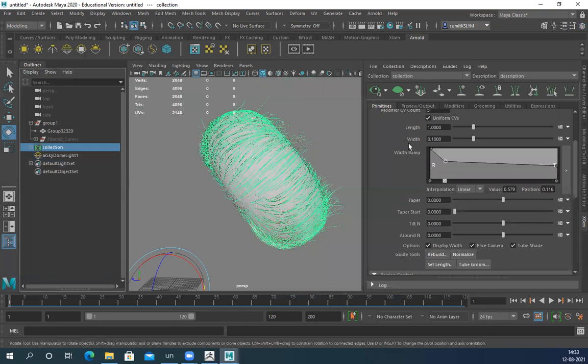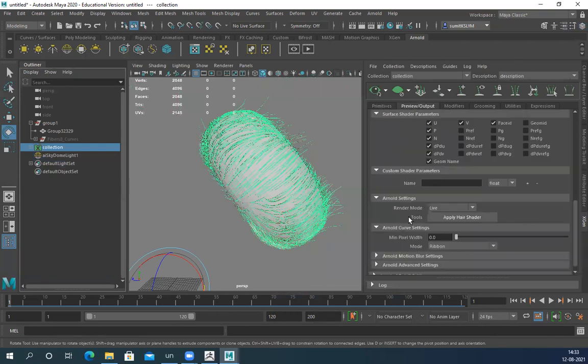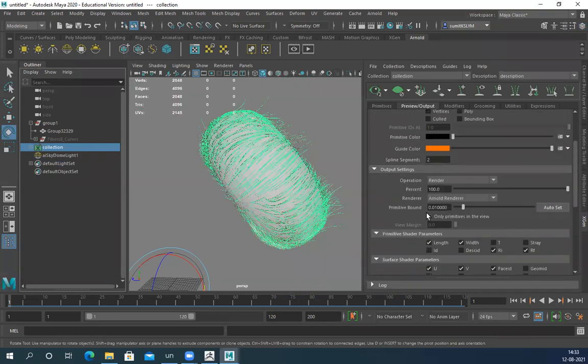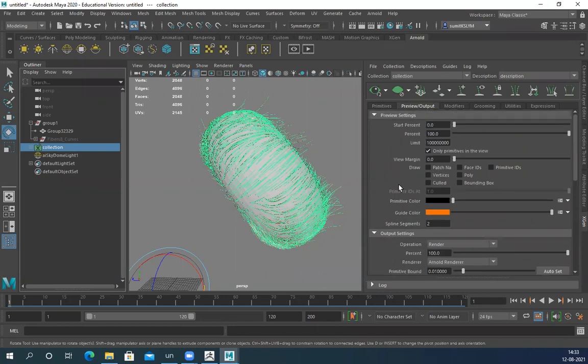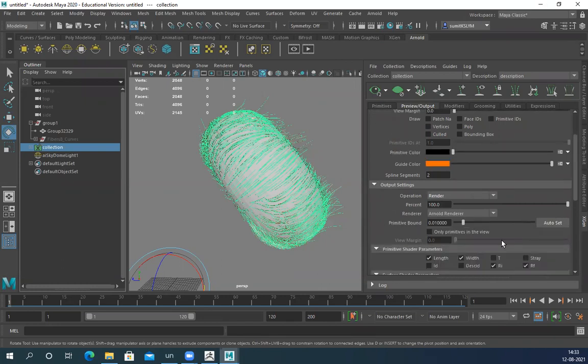Let's change. PV and output, everything is correct. Render, correct only.